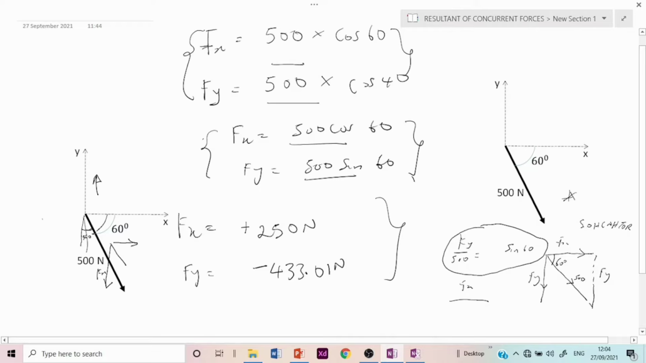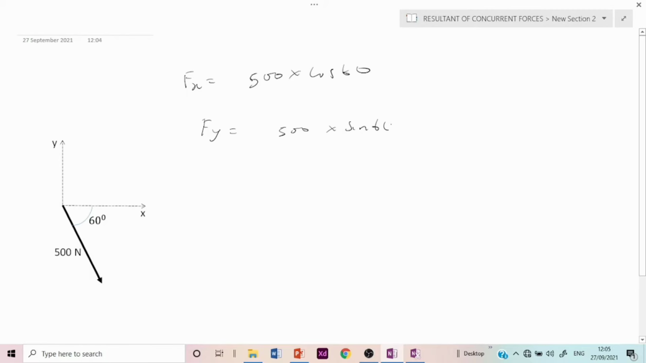As thus, Fy is equal to 500 sine 60. Likewise, Fs divided by the hypotenuse, we are going to get cos 60 degrees. And as thus, one can easily say that Fs is equal to 500 times cos 60. And that is how our formulation is obtained, such that Fs will be equal to 500 times cos 60 and Fy will be equal to 500 times sine 60, and Fs will be equal to 250 newtons and Fy will be equal to